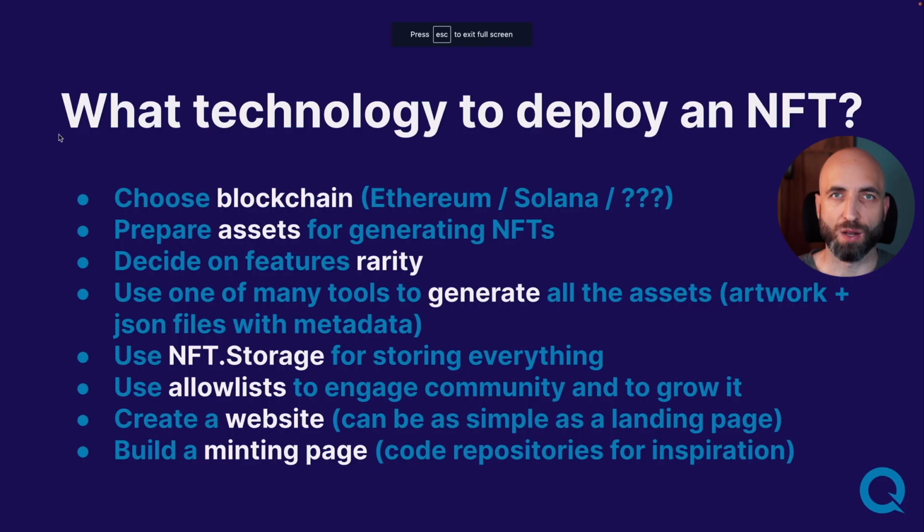So let's recap. What technology do you need to deploy an NFT project other than a smart contract, which we will discuss in the next episode? So first you need to choose a blockchain. If you want volume, you'll go with Ethereum or Solana. If you have other needs or your users are on a different blockchain, you can go with something else. Then you prepare all your assets for generating NFTs. You need to have your assets in layers. So one layer for one feature could be head, one layer for another feature like background and so on. And you decide on rarity for each of these features, and then use one of the tools to generate all